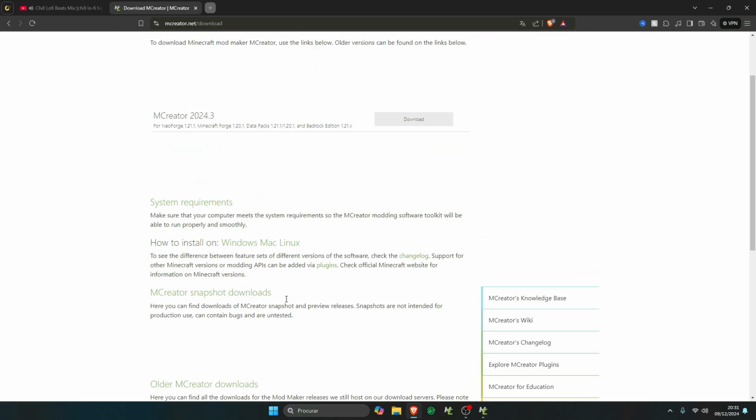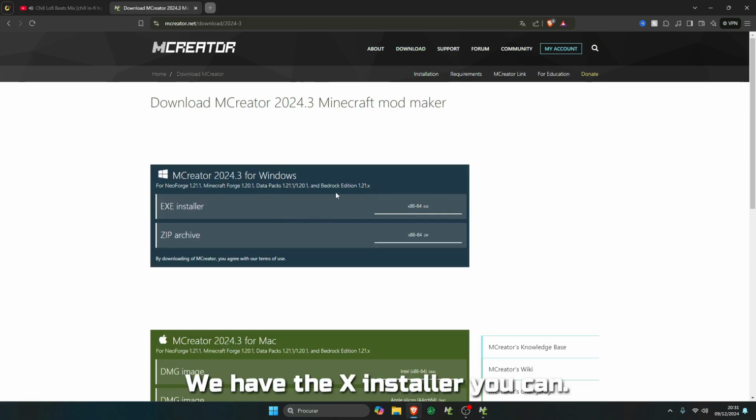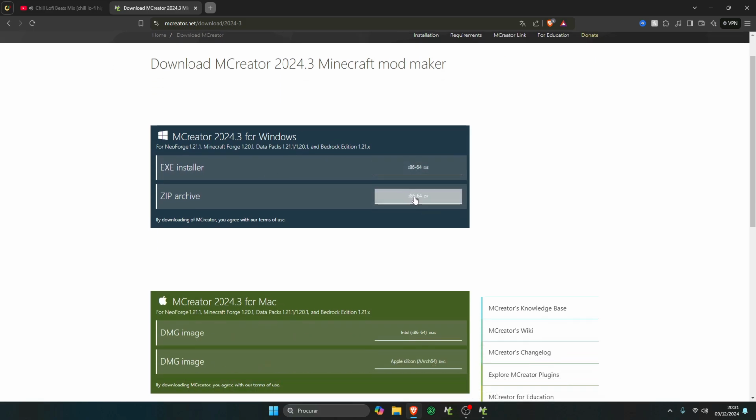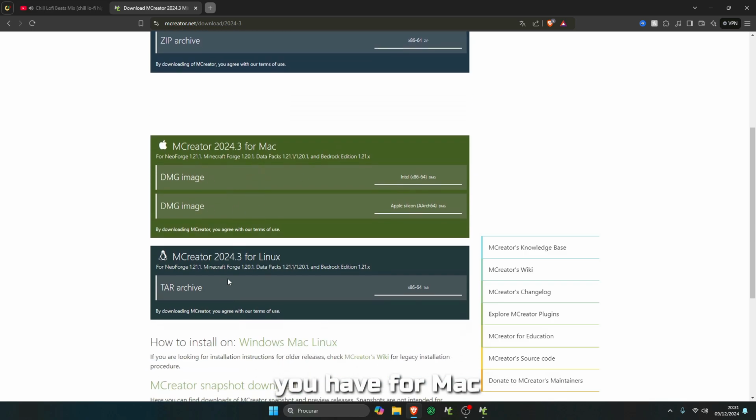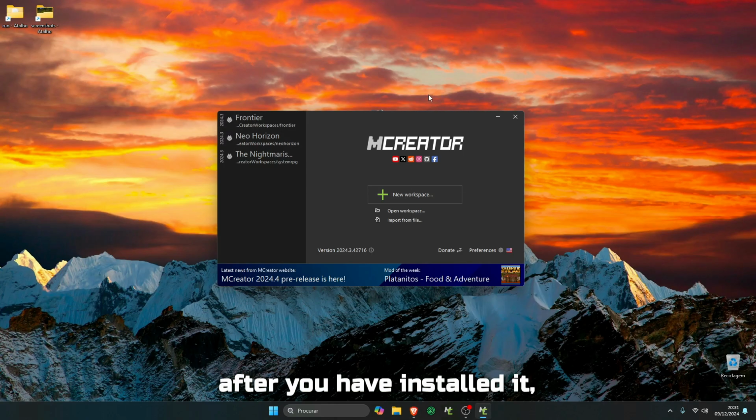Okay, in this case we are in 2024.3. Let's open up. We have the EXE installer. You can download the zip file if you don't want to install. You have versions for Mac and Linux, okay, but just pick the one that is right for you. Anyway, after you have installed it,